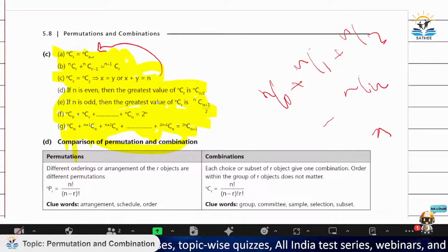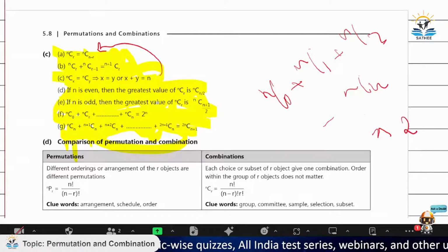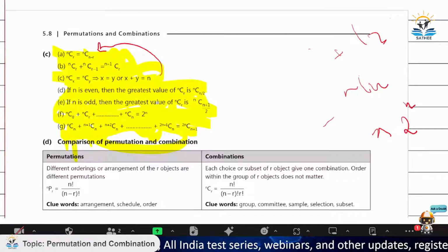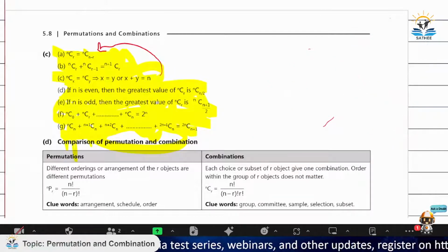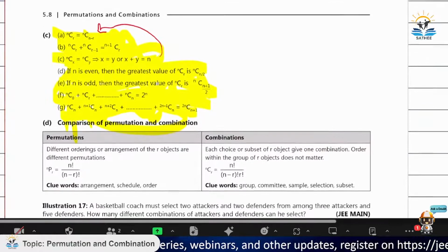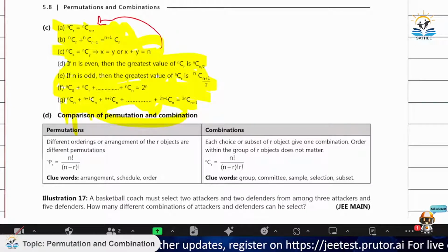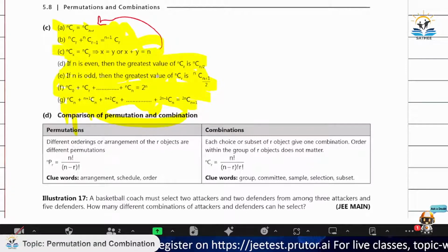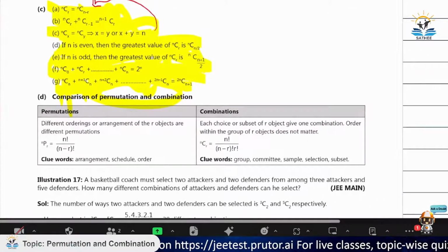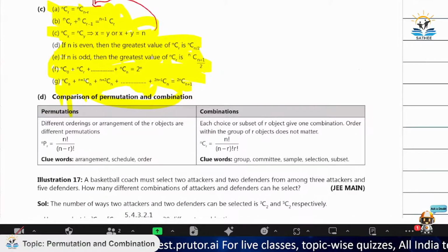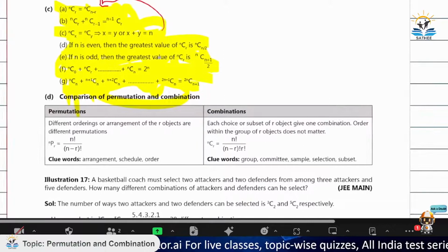हर पॉइंट के पास दो ऑप्शन हैं, या तो हेड आएगा या टेल आएगा, और कितने पॉइंट हैं, n। So this is a very logical explanation of this probability. बाकी आप इसको फिजिकली सॉल्व करके भी देख सकते हो, it's very easy. But I would suggest you कि थोड़ा सा लॉजिक लगा के चलिए, combination of operation can solve a lot of questions for you just by the means of logic. So I still keep the logic in your hand. I will skip these properties for the time being because I don't want to waste my time on the properties because we have to do some questions as well.